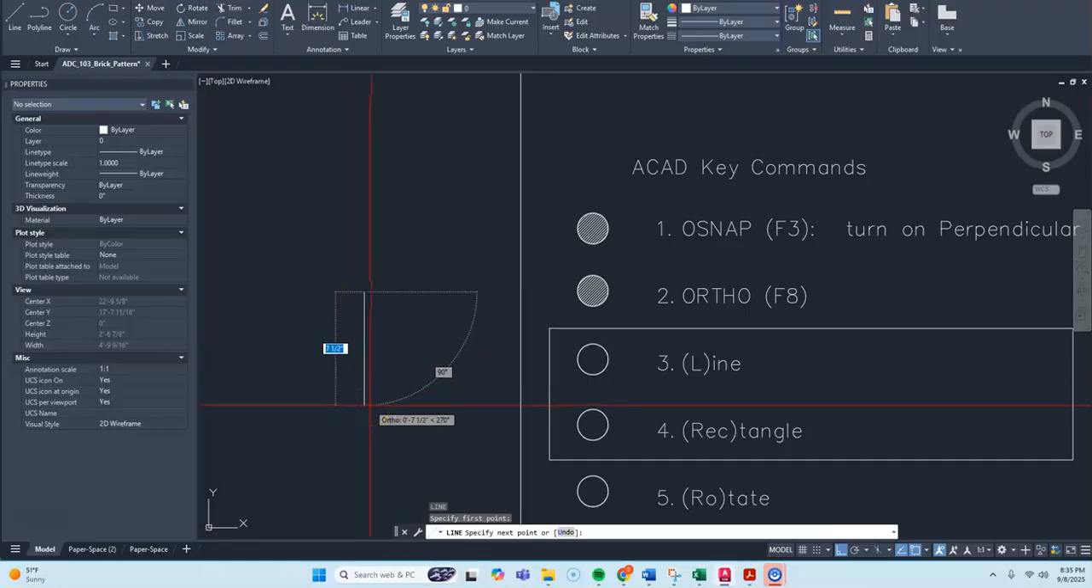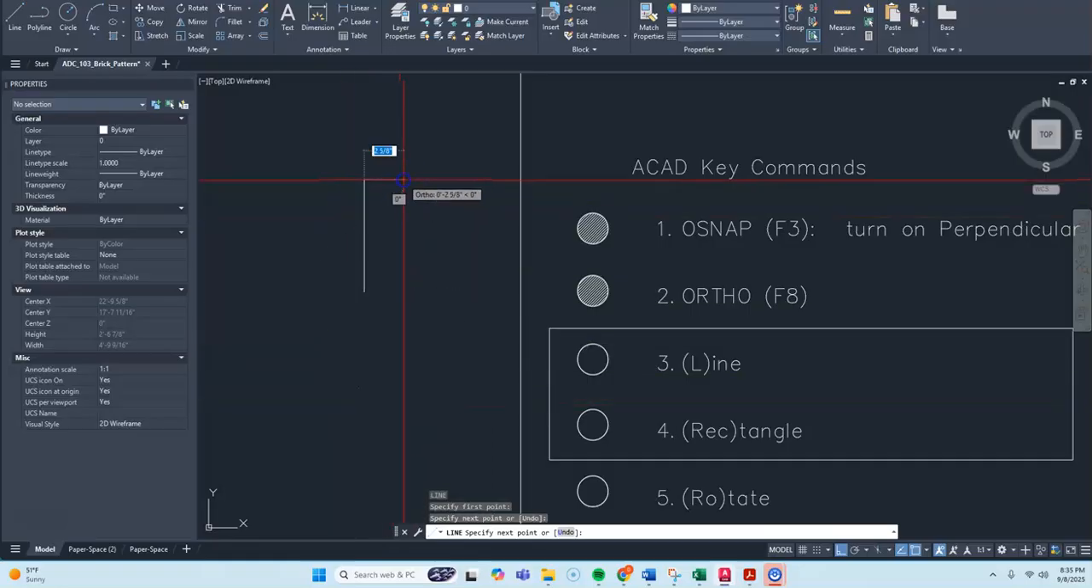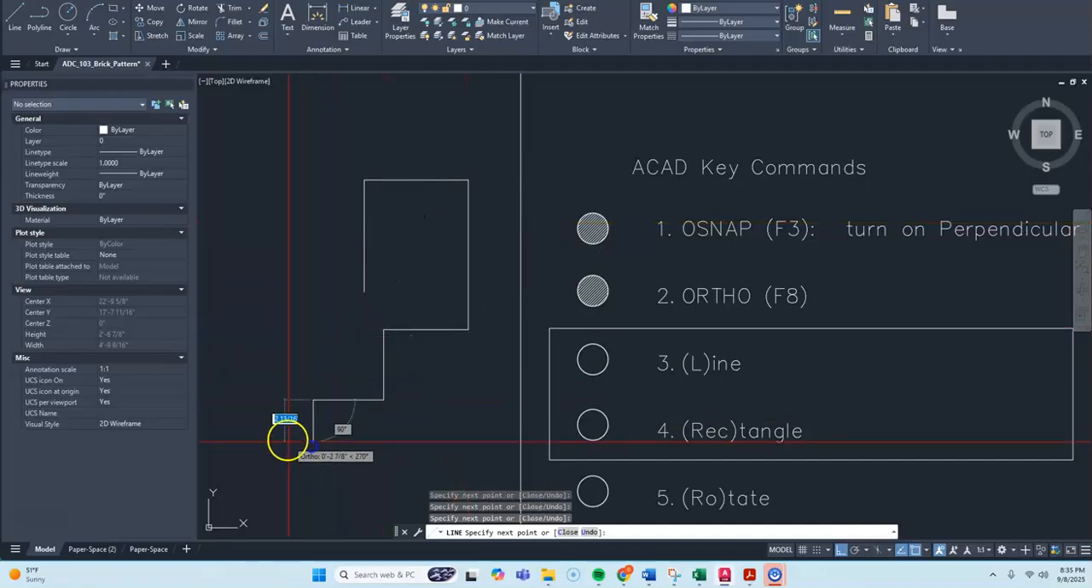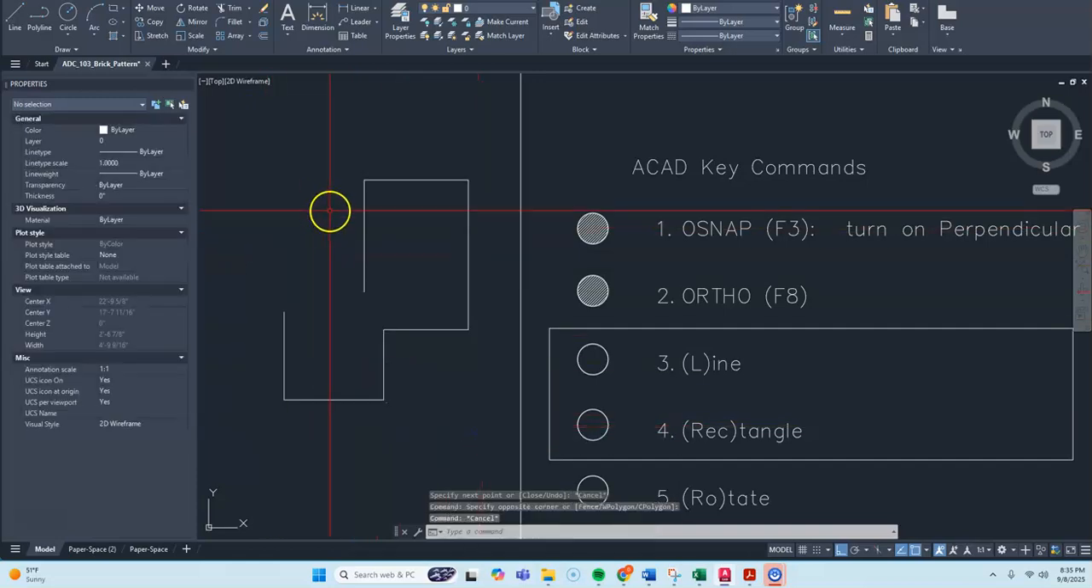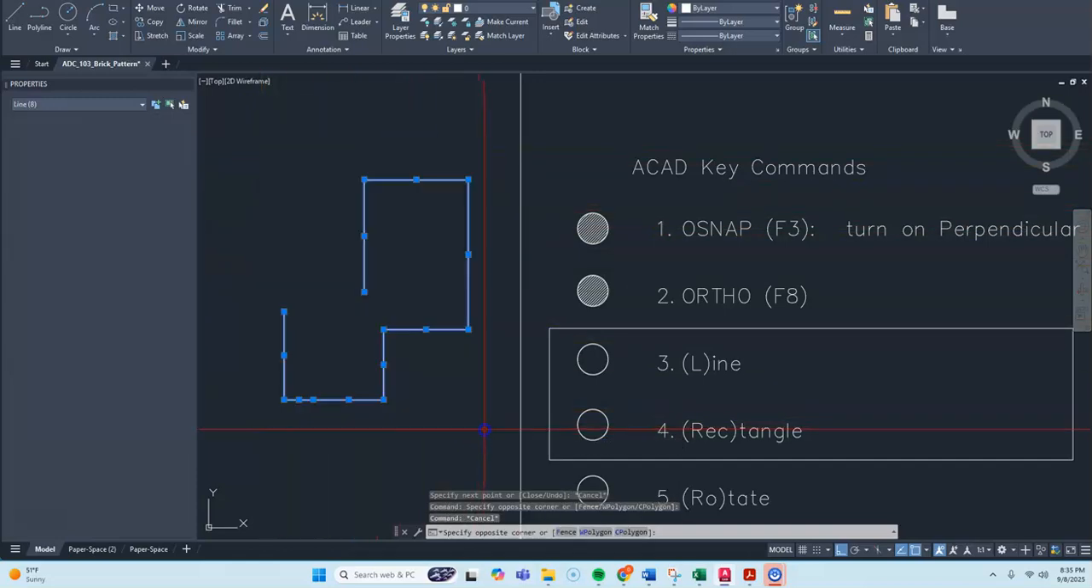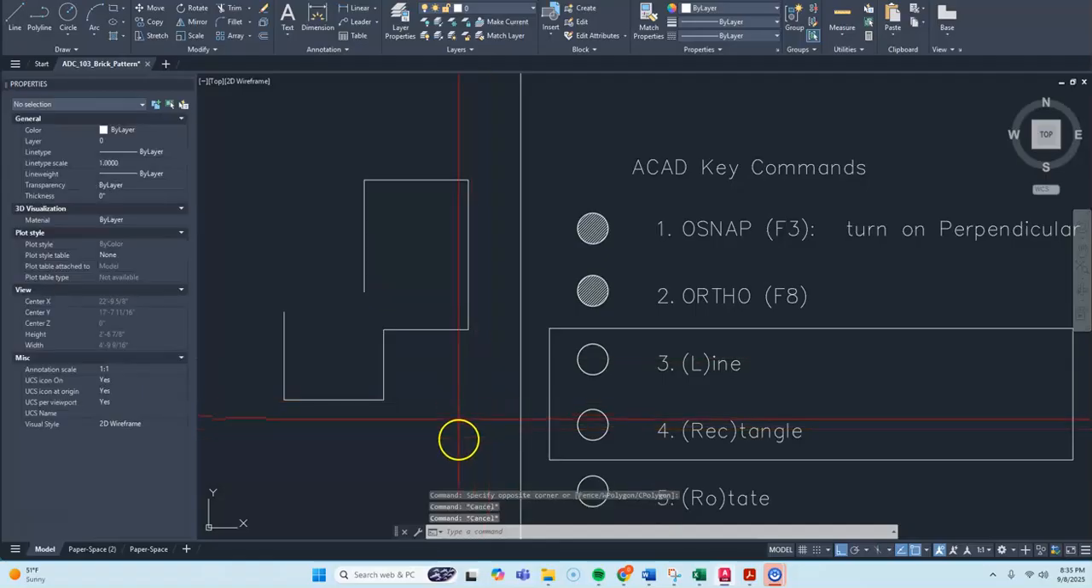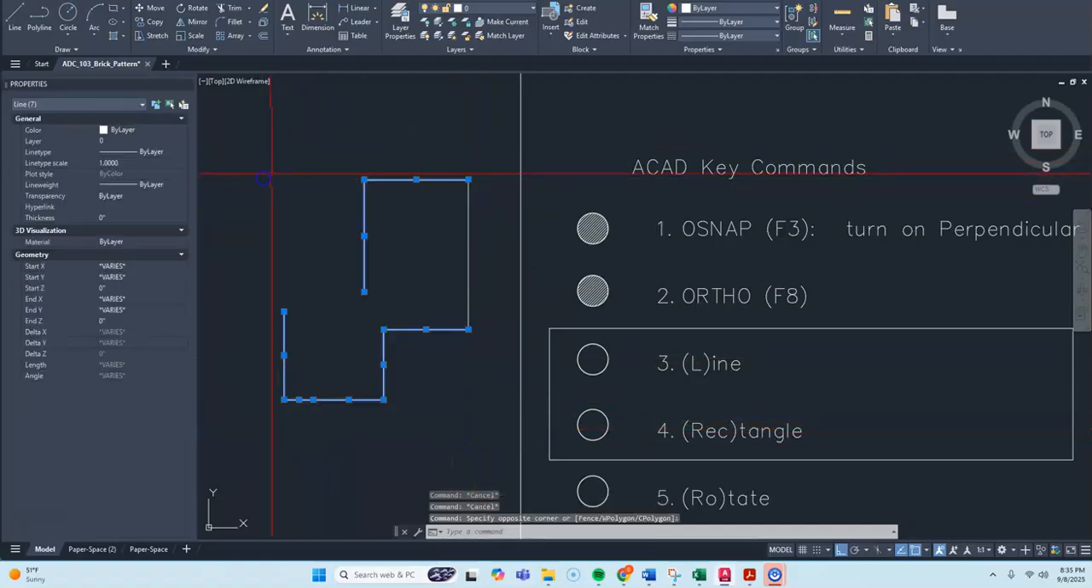And I'm going to click again. So it says specify the next point. Click. Specify the next point. And I can just keep going and keep selecting and making lines. And when I select everybody, I've got a lot of lines. And actually, back to what I was getting at, more importantly,